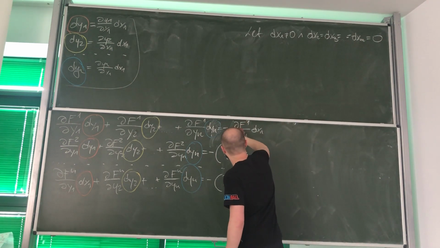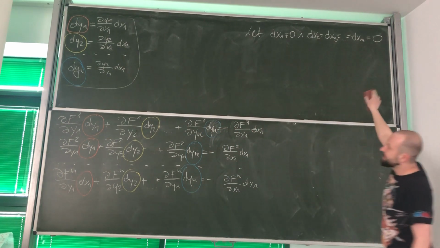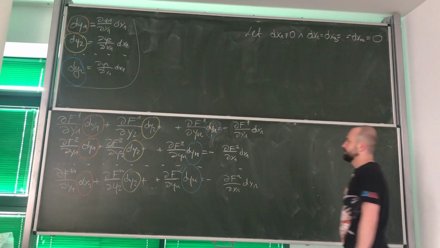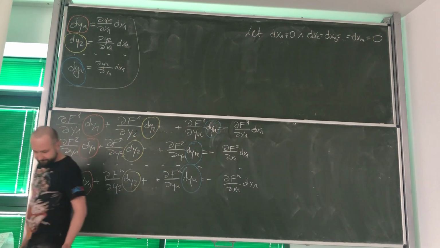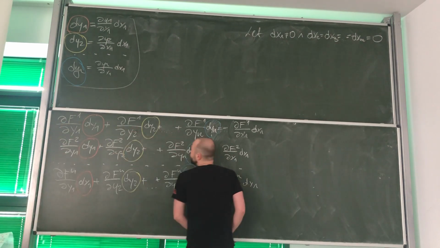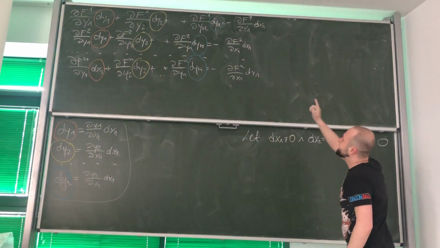So, as you see, this system, under this assumption, has been greatly simplified. Now that we see that it has gotten a lot simpler, let's rewrite this system over here,